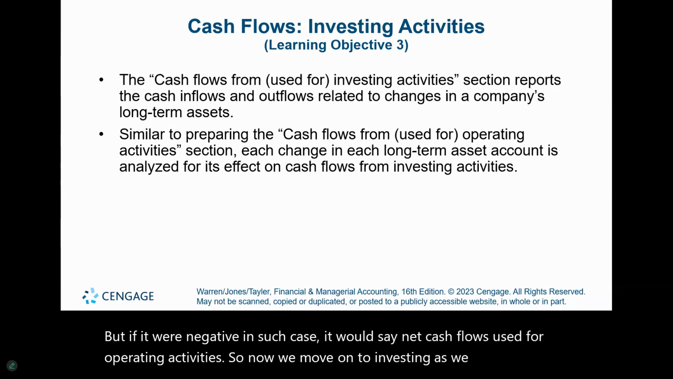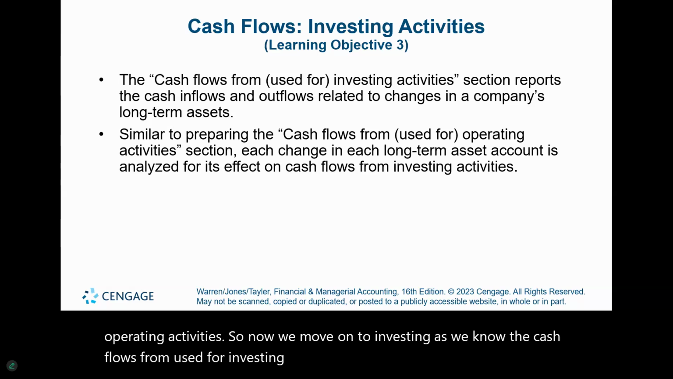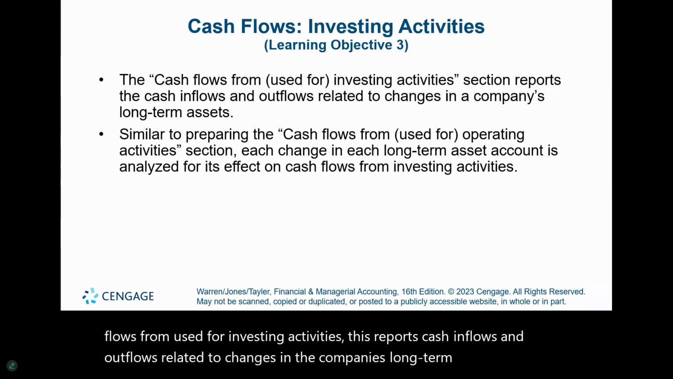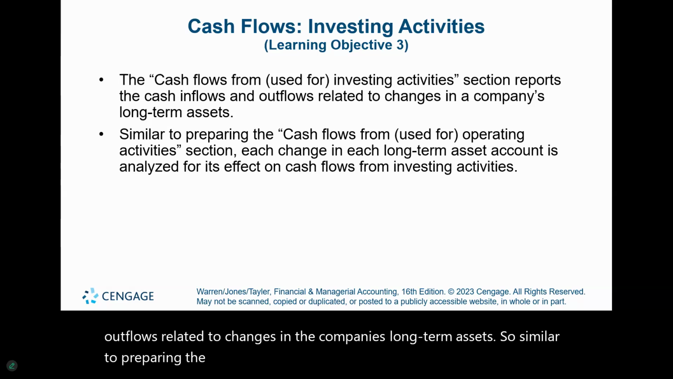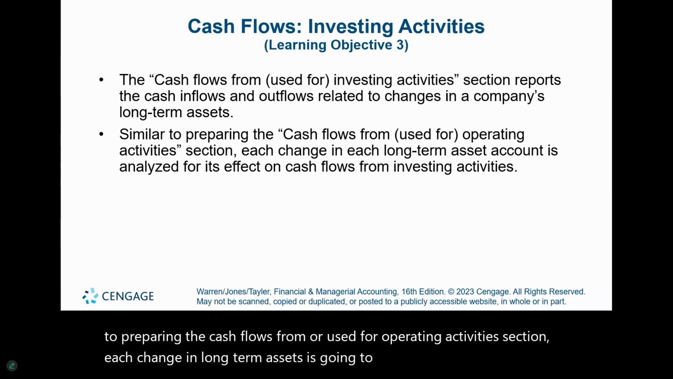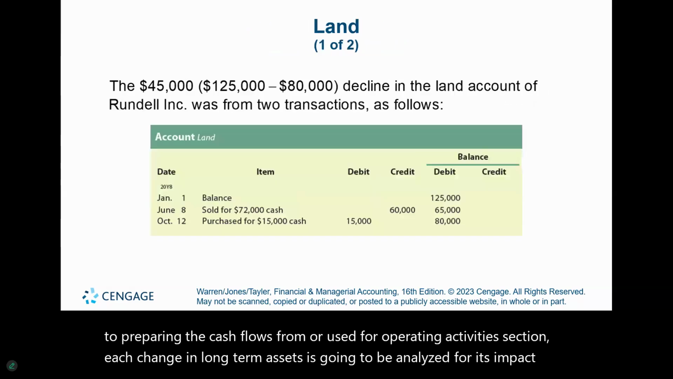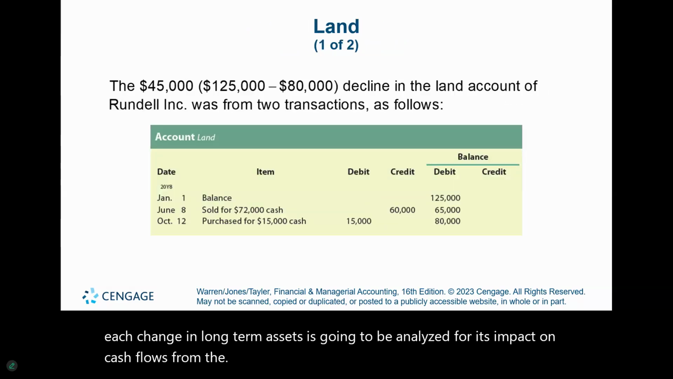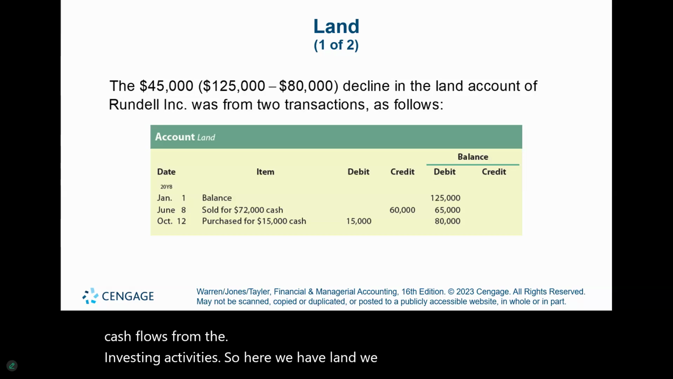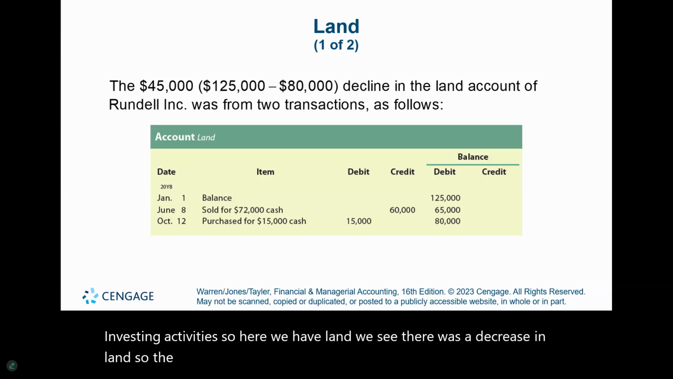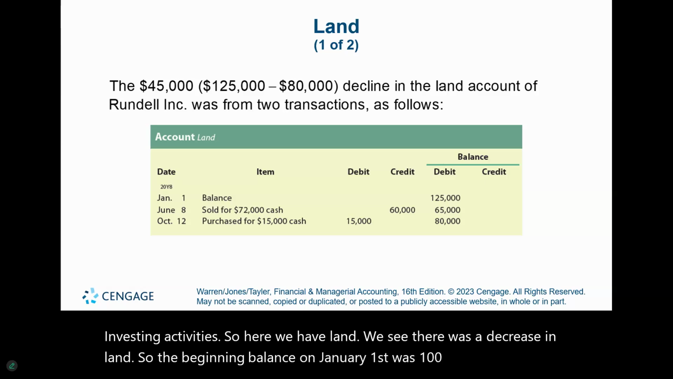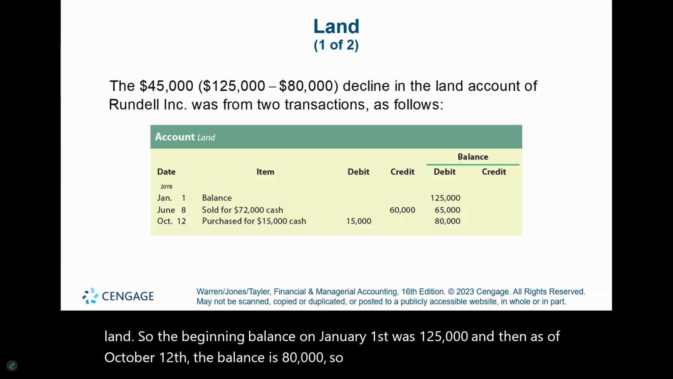As we know, the cash flows from or used for investing activities, this reports cash inflows and outflows related to changes in the company's long-term assets. So similar to preparing the cash flows from or used for operating activities section, each change in long-term assets is going to be analyzed for its impact on cash flows from the investing activities. So here we have land. We see there was a decrease in land. So the beginning balance on January 1st was 125,000. And then as of October 12th, the balance is 80,000. So we started off with 125,000. Now the balance is only 80,000. So we see that there was a